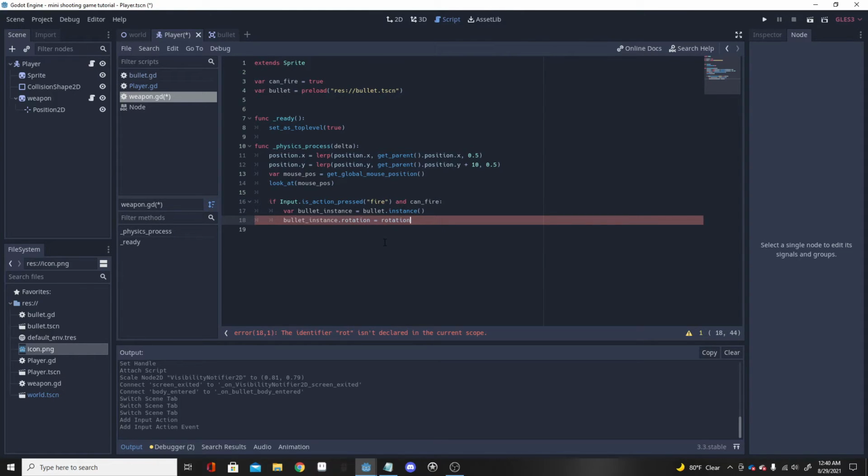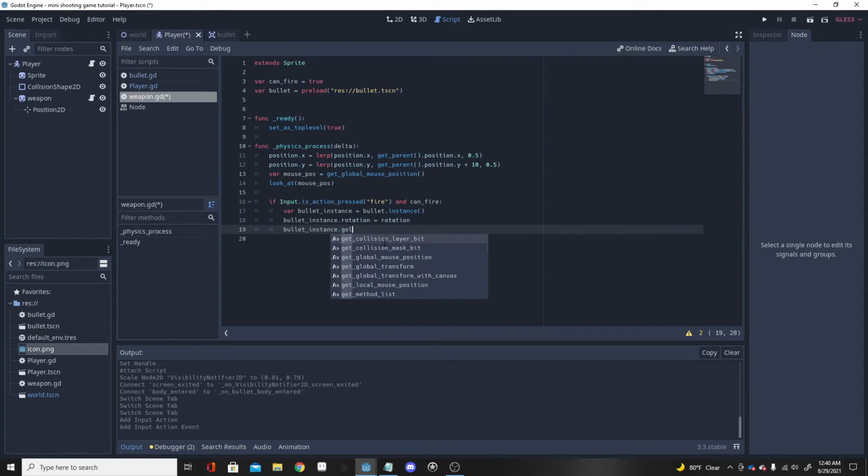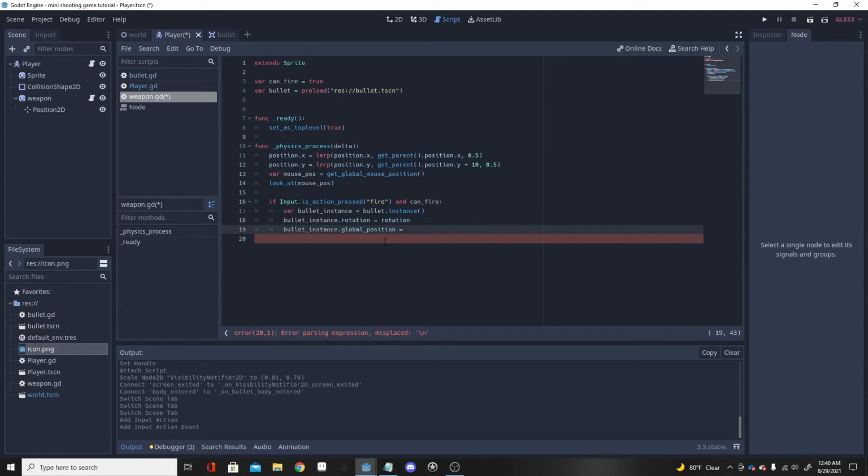Okay, there we go. Now we're going to want to get the global position of the weapon, so the bullet can actually leave the weapon, if that makes sense. So if we go to get our variable bullet instance, and then we do dot global position, just like so, and we make bullet instance dot global position equal to our position 2D that we have right here, which is going